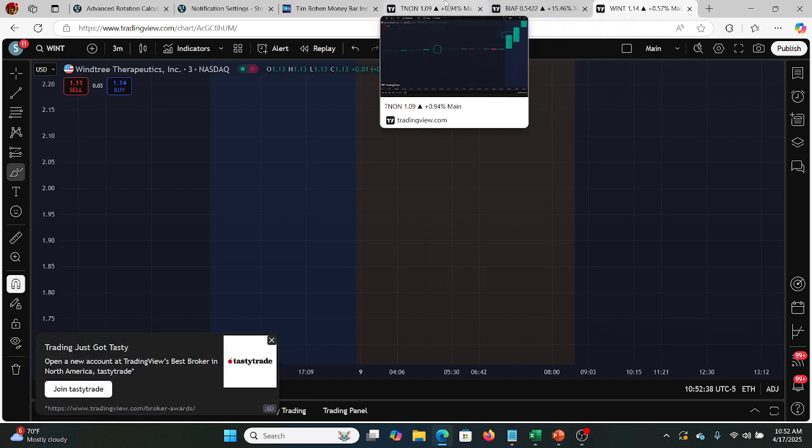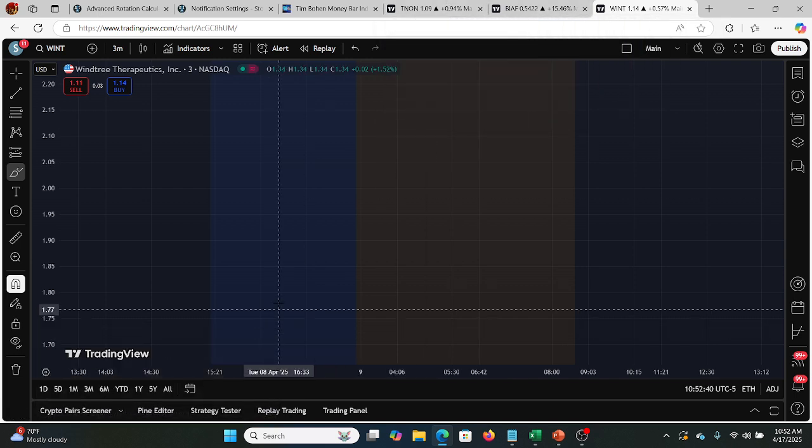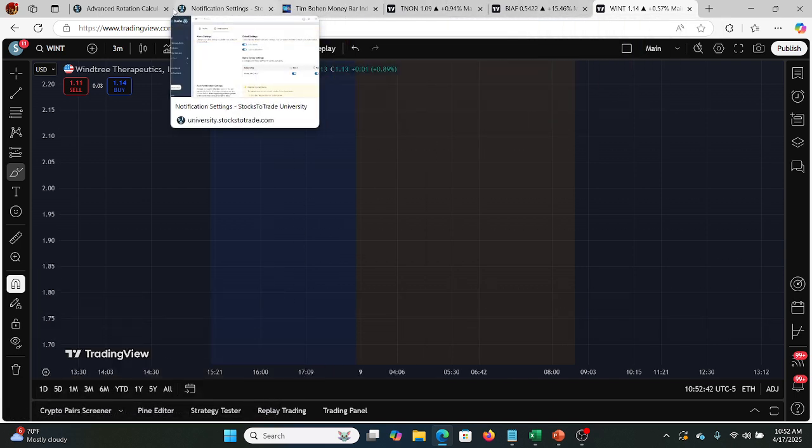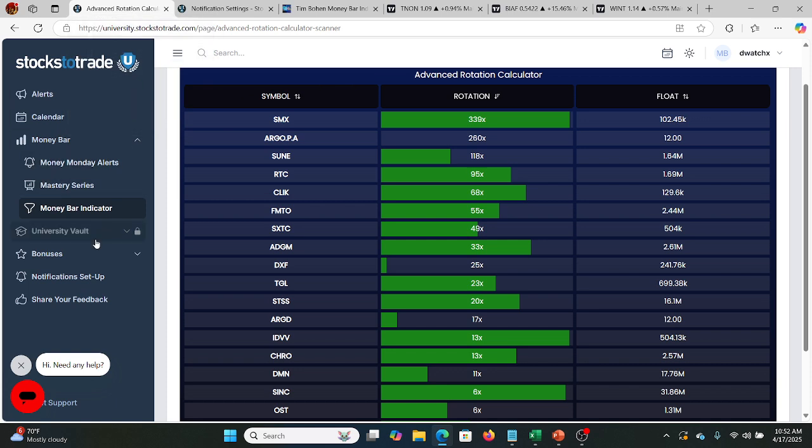I wanted to show you a bunch of different stuff today. So if we look here, this is the dashboard, like I said, this is the money bar doing its thing right now. You can see today's tickers, soon, RTC. These are all ticking away, going through their float rotation, trading, going around. But I wanted to talk about this stuff, which is the